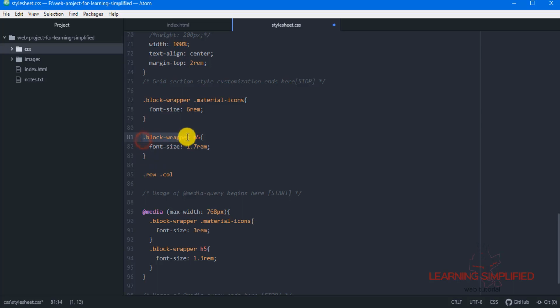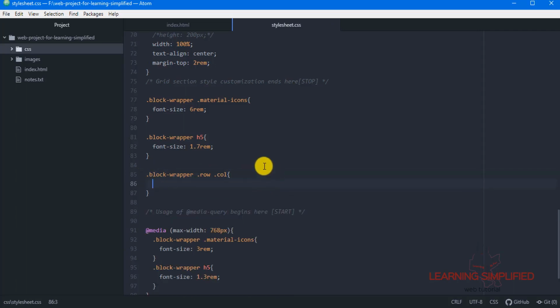So we need to specify this particular class, this block wrapper. Anything with the .row .col classes which lies below this block wrapper content will have no changes at all in the larger desktop preview. We do not wish to keep any changes over here. All of them should be floating to the extreme left.